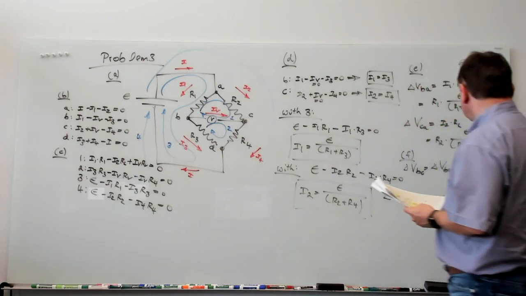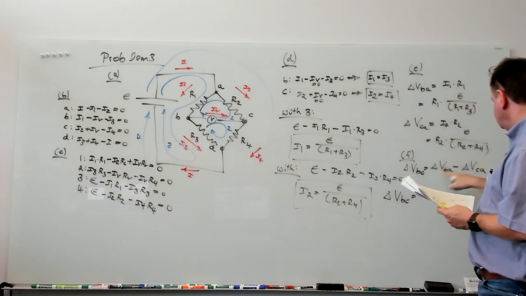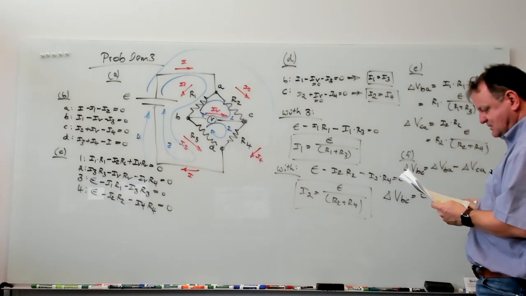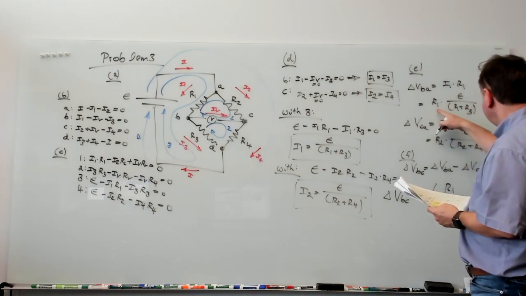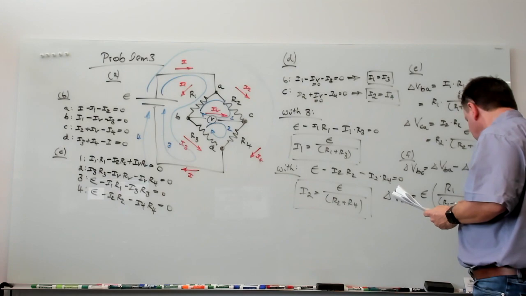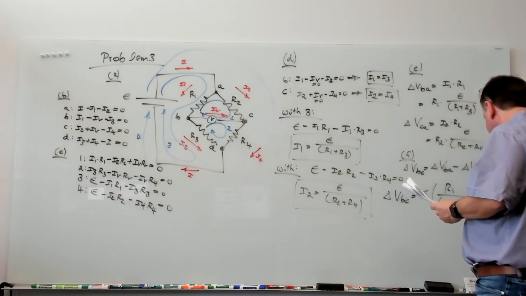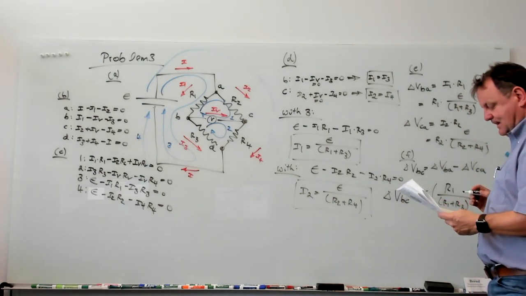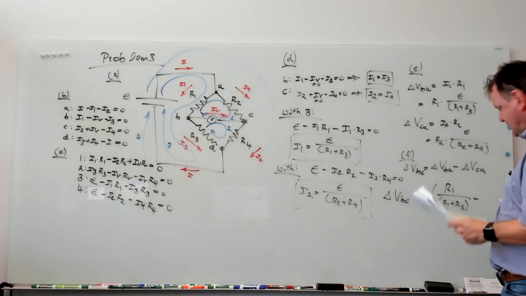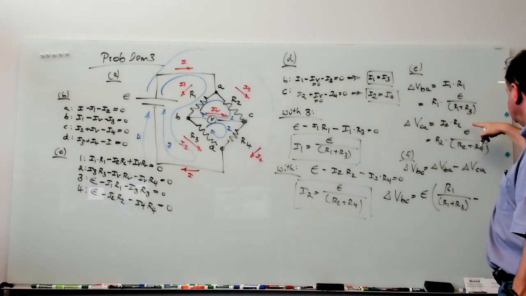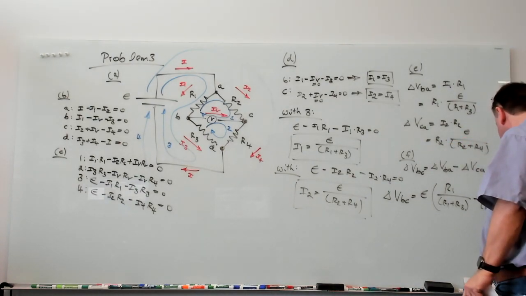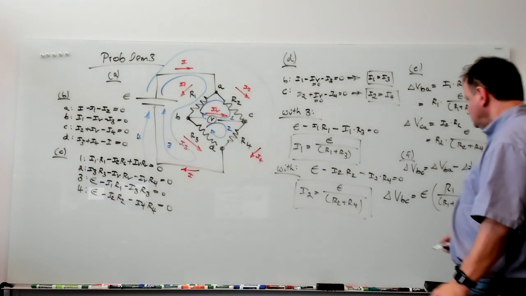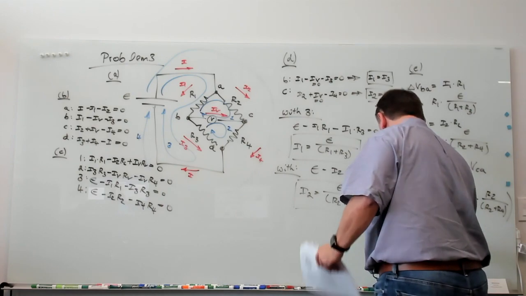VBC equals to. You can take for each of these quantities epsilon out, and have then two ratios of resistors, R1 over R1 plus R3 minus R2 divided by R2 plus R4. Okay? And then the last part was now saying